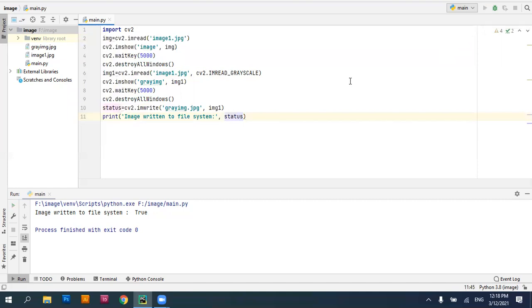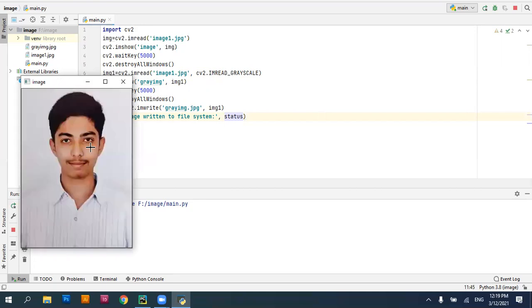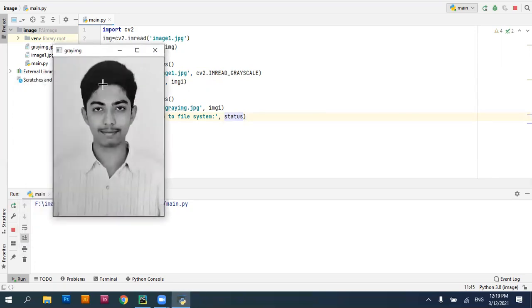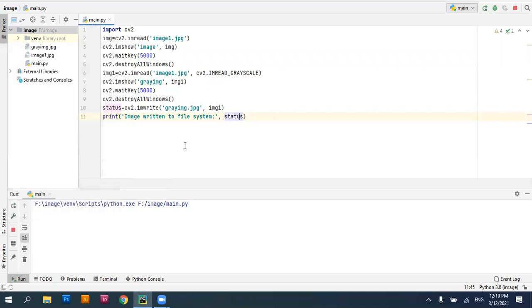I'll click on this. It may take a few seconds to run your program, depending upon the speed of your system. So we have to wait for the proper output. The first time, it is going to display a color image and sustain the image for 5 seconds. So here we have that window. Now this is your color photo, which stays for 5 seconds. Now it closes automatically and displays a grayscale image for 5 seconds and automatically closes it.